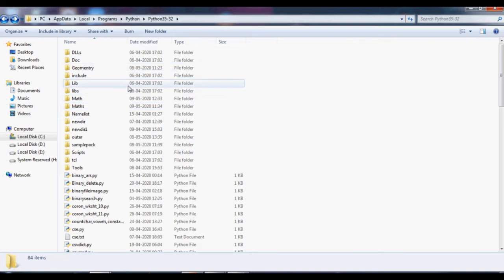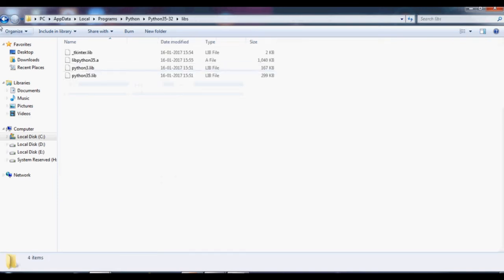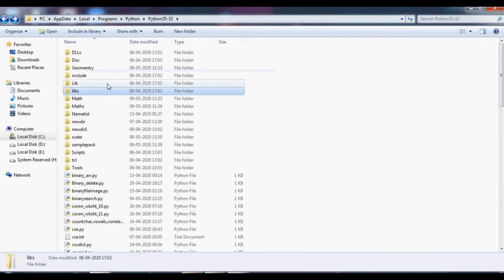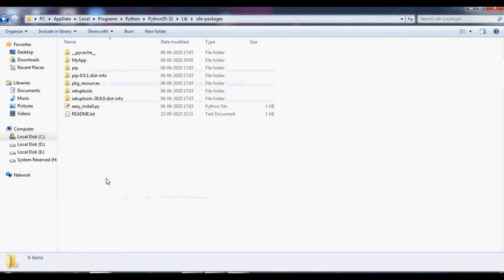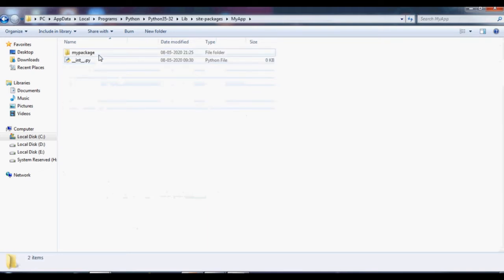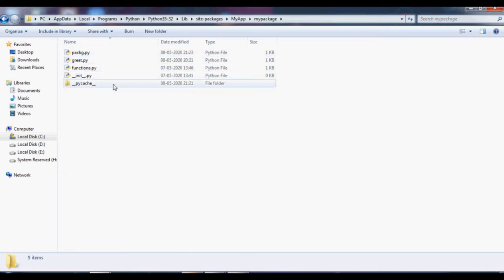You can create the same package in the library. Inside the library you have one more option called site-packages. Inside site-packages also we can create our own packages. See, I have already created my package, inside that greet and functions. If I run this program we can see the output of the same.